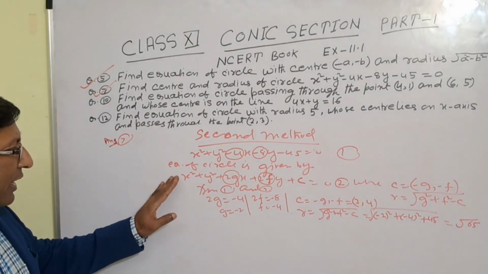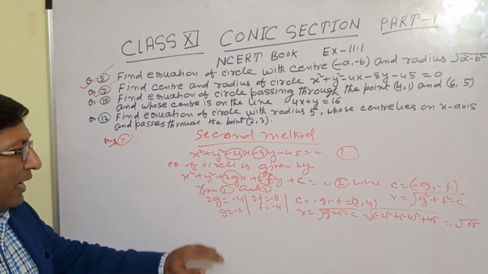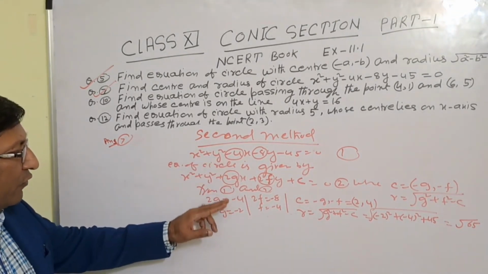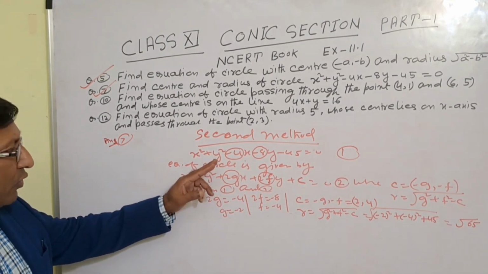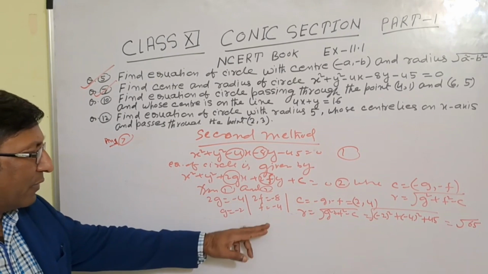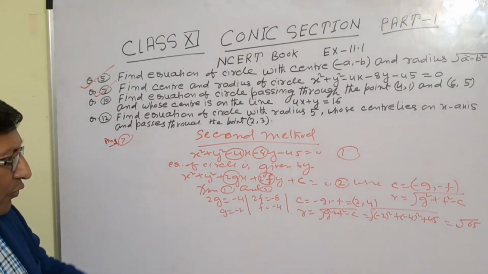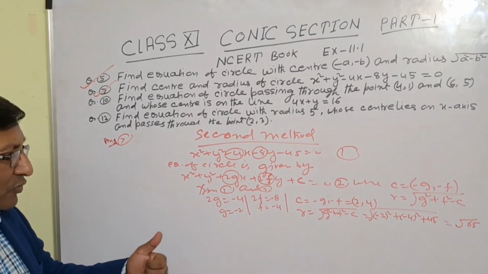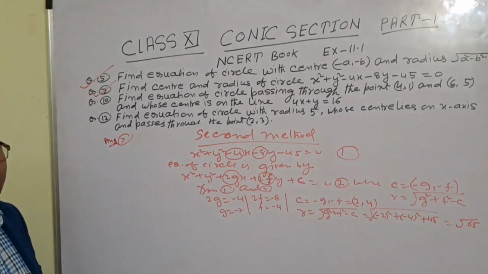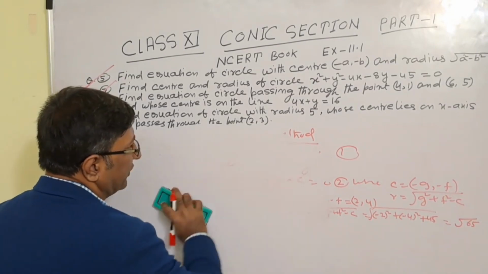Equation of circle: x square plus y square plus 2gx plus 2fy plus c equals 0. And then compare with the given equation, that is, the coefficient of first equation with the coefficient of second. 2g equals minus 4, g is minus 2. 2f equals minus 8, f is minus 4. Then we know the formula, center is (minus g, minus f), so (2, 4), and radius is root under g square plus f square minus c, root under 65. In both methods we got the same answer. Okay everyone? Good. Now see the next question, question number 10.